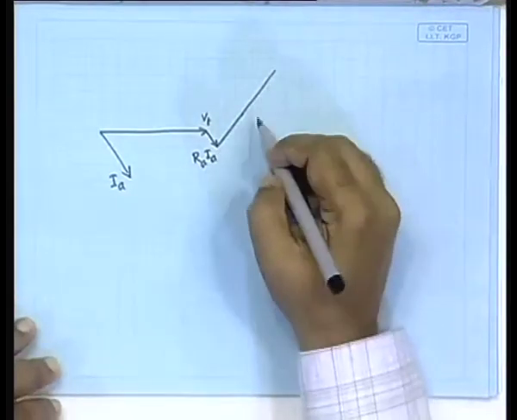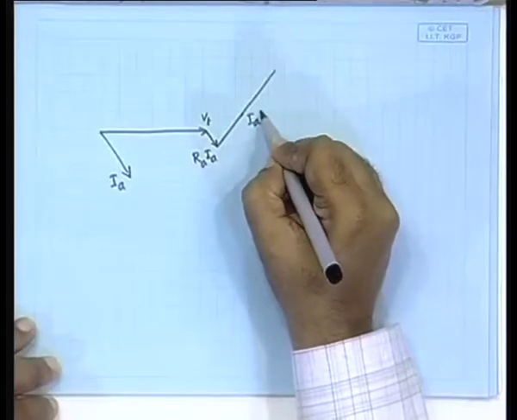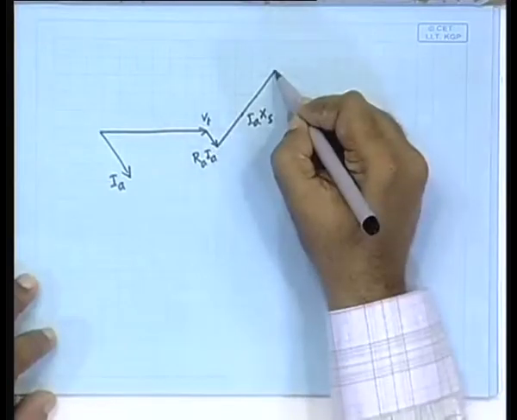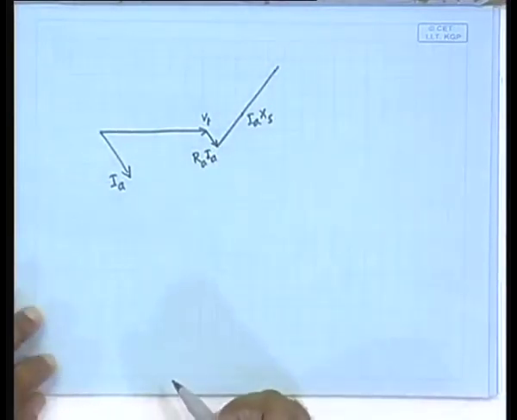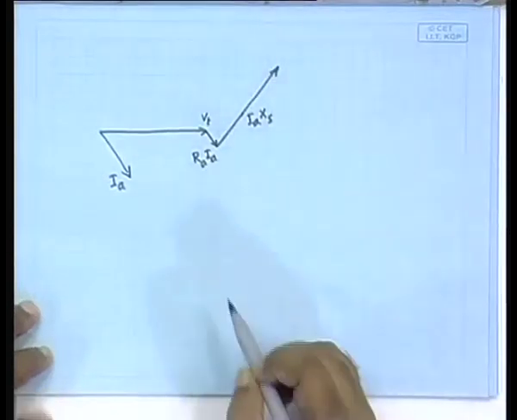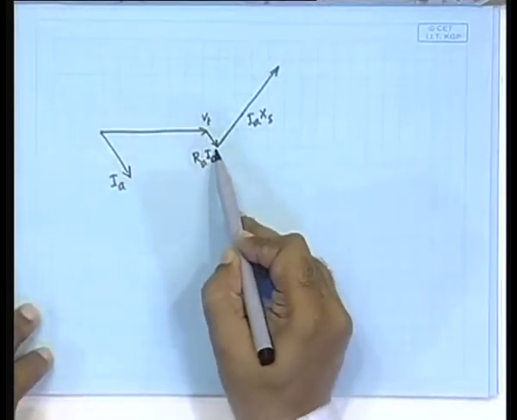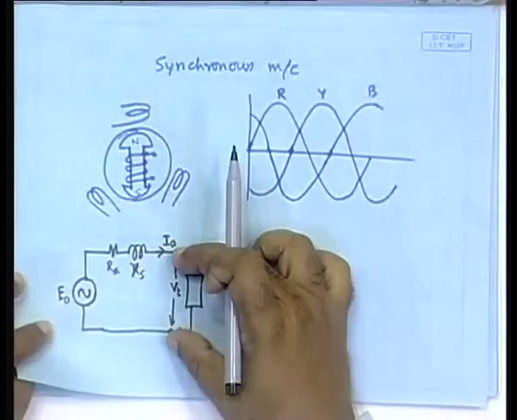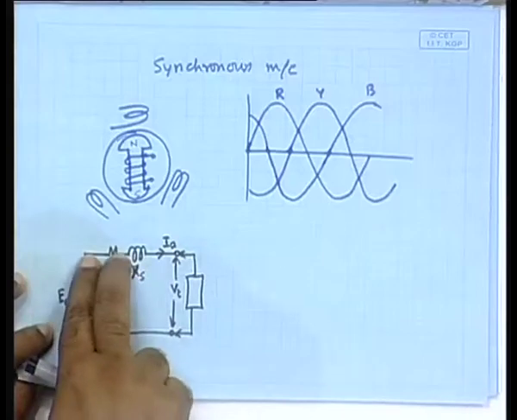Remember, this amount I_a X_s will be far larger than I_a R_a, because resistance is generally very small. So, you can see that this will be the drop. So, this voltage plus this voltage plus this voltage added together will give me the